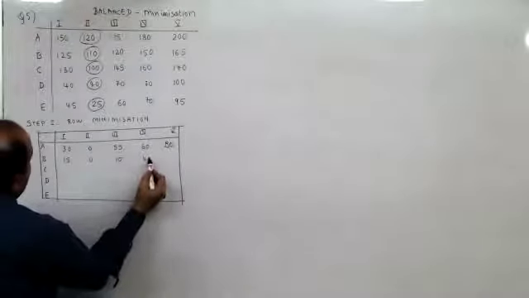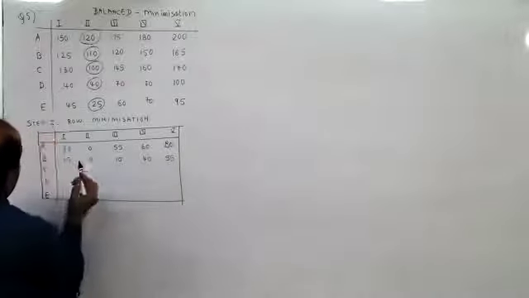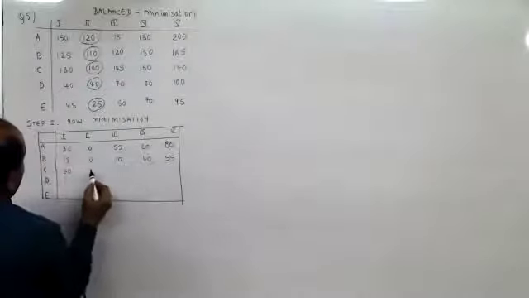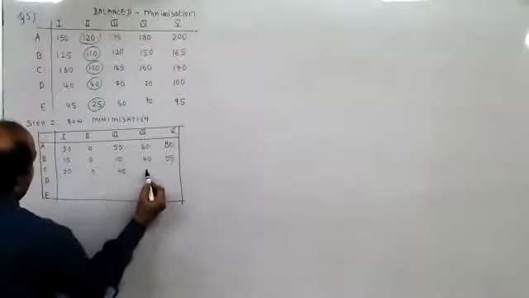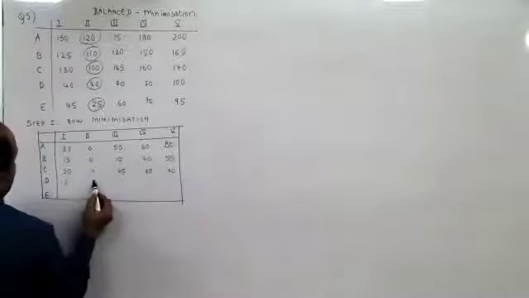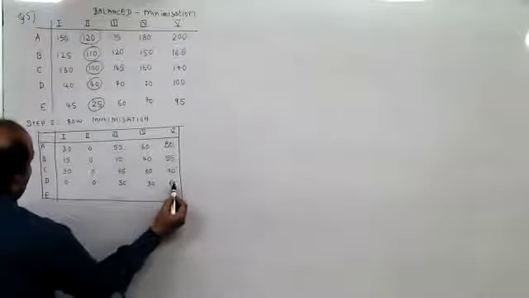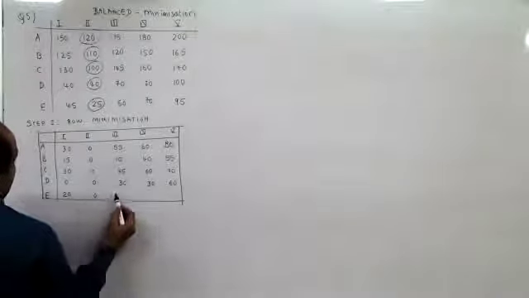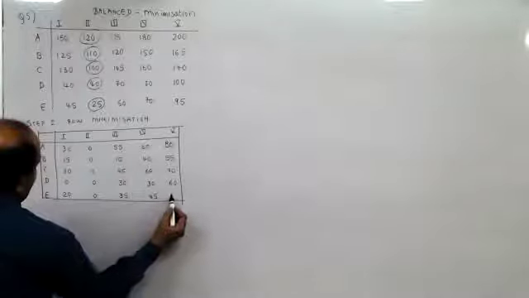This is 40. This is 165. This is 55. And then this is 130 minus 100, which is 30. This is 0. This is 145 minus 100, which is 45. 160 minus 100 is 60. And this is 70. This would be 40 minus 40 is 0, 0. This 70 minus 40 is 30. 70 minus 40 is 30. 100 minus 40 is 60. 45 minus 25 is 20. This is 0. 60 minus 25 is 35. 70 minus 25 is 45. And 95 minus 25 is 70.